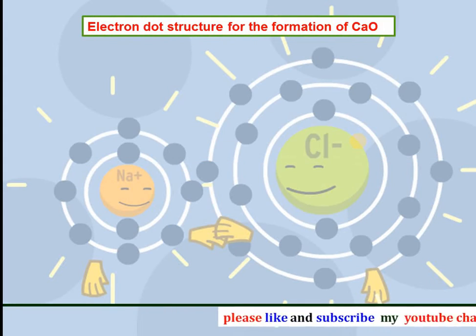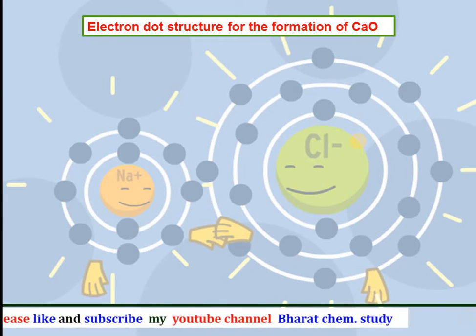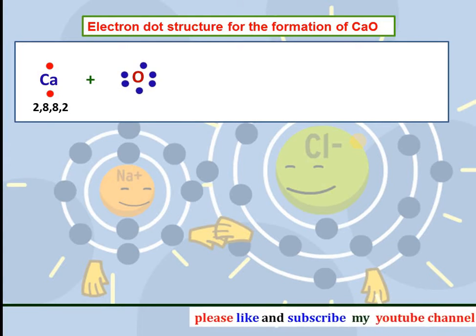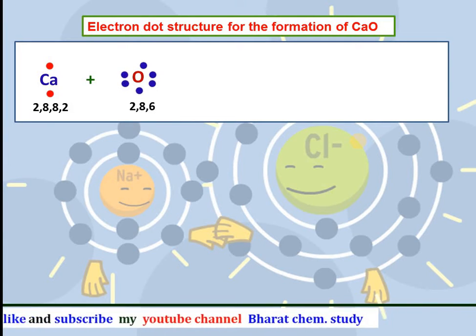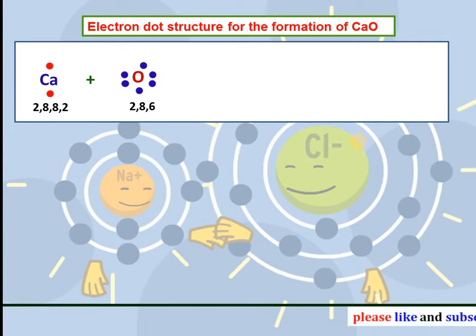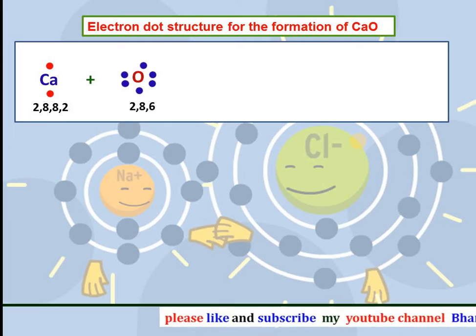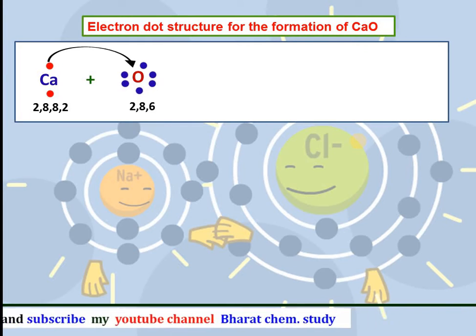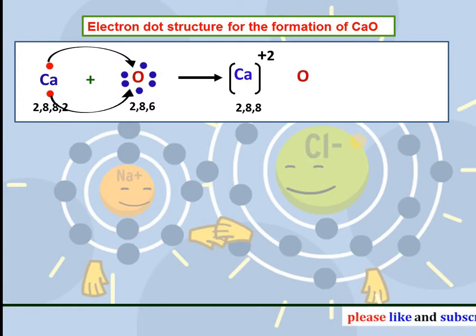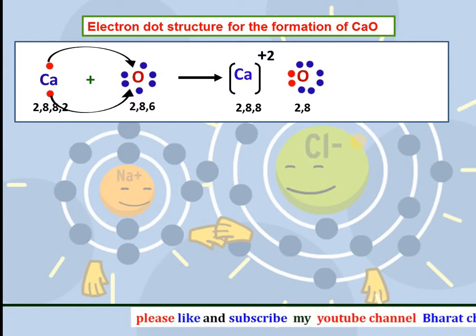Similarly, the electron dot structure for the formation of calcium oxide is calcium having valence electron 2, and here oxygen is 1 which is having valence electron 6. So here oxygen requires 2 electrons and calcium is having 2 electrons more to attain noble gas configuration. So calcium loses both of its electrons to oxygen atom. As a result, the calcium gets 2 positive charge and oxygen will gain 2 electrons and get 2 negatively charged,